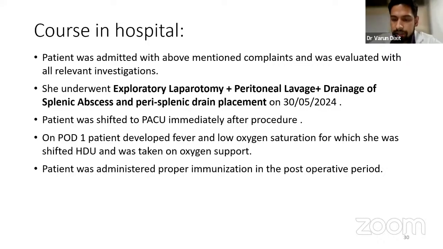In a traumatic patient, we will go for an open splenectomy. In an open procedure, we first give a left subcostal incision. For a trauma patient, we give a midline laparotomy incision. In a trauma patient, you will always do a midline laparotomy, never a subcostal. Then how do you do the splenectomy in a trauma patient?